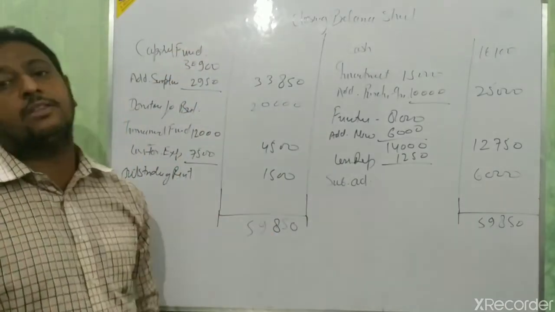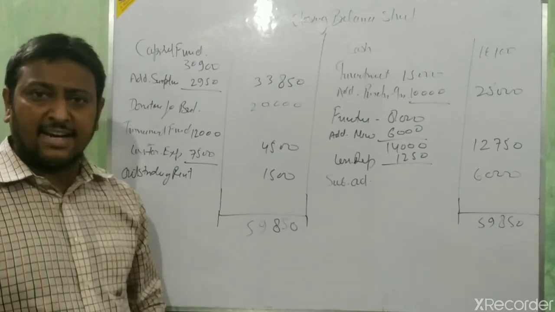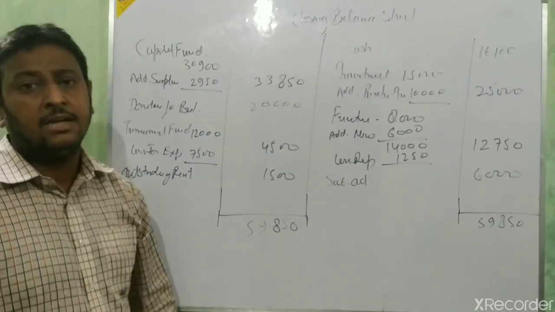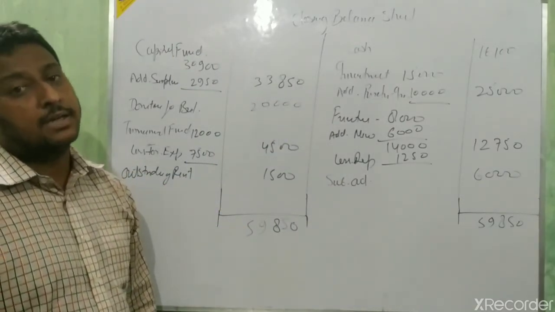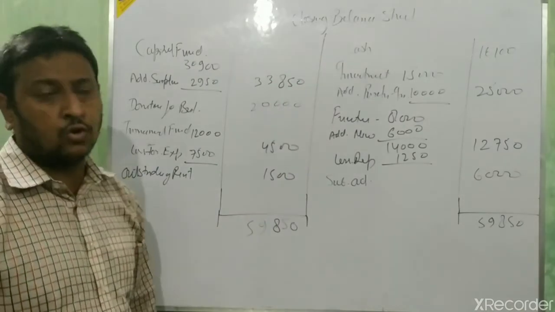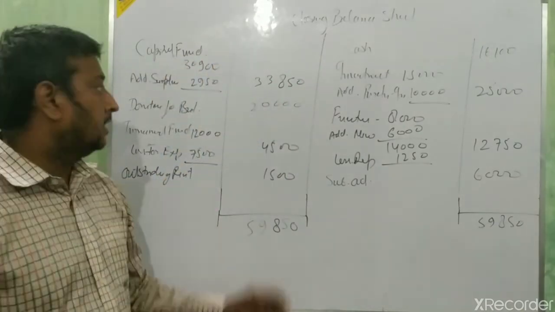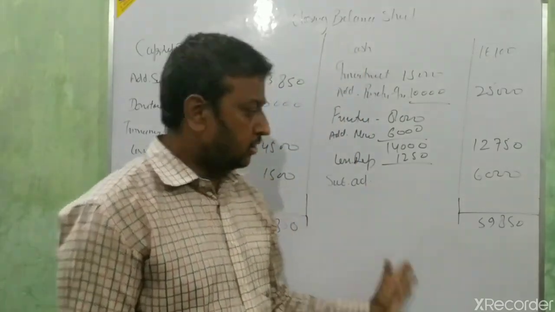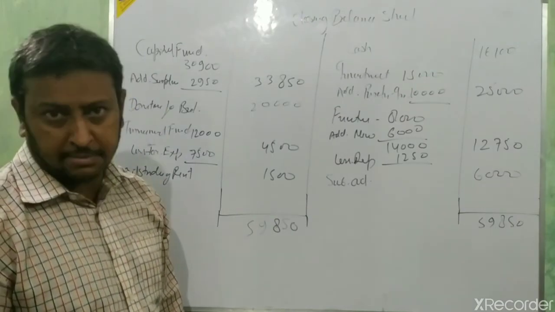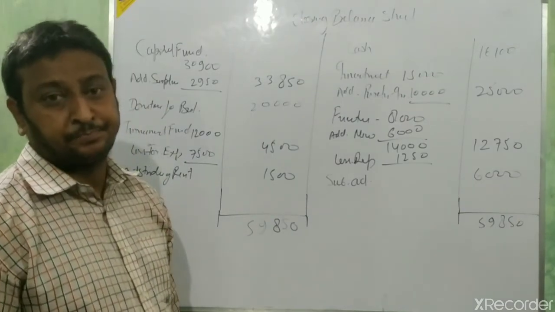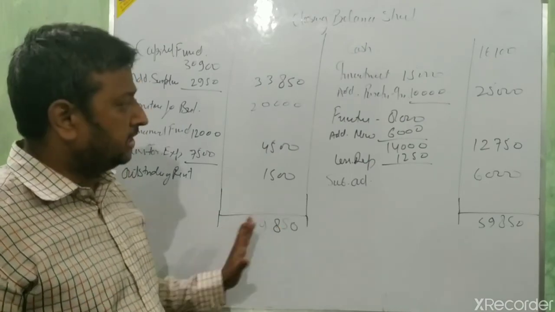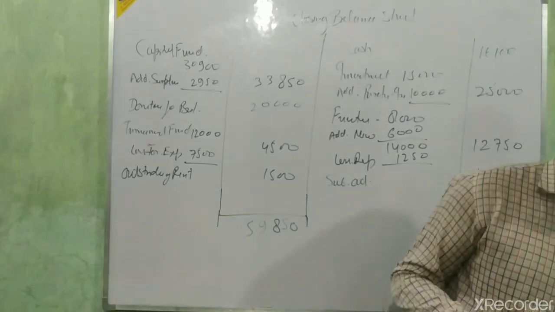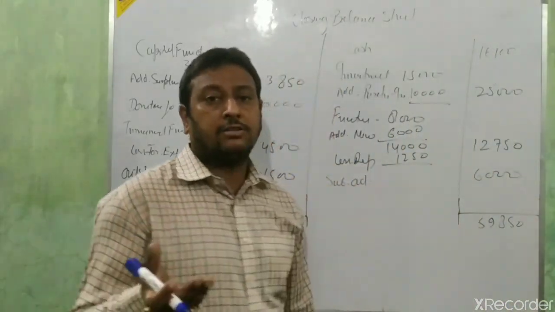Then we make the opening balance sheet with the old year data, all old year assets and liabilities, and take the difference. That difference comes as the capital fund. Then we make the closing balance sheet with the capital fund plus surplus, then other liabilities and other assets. In this way we solve the question. Okay beta, clear? On this basis we solve the question. If any problem is there, then ask your doubt. Okay, clear.